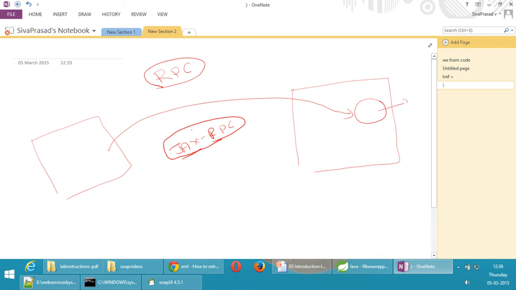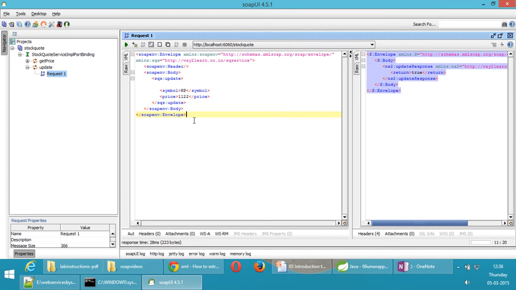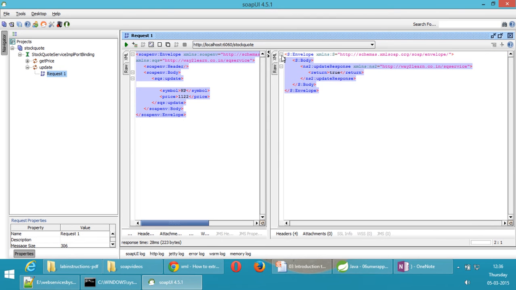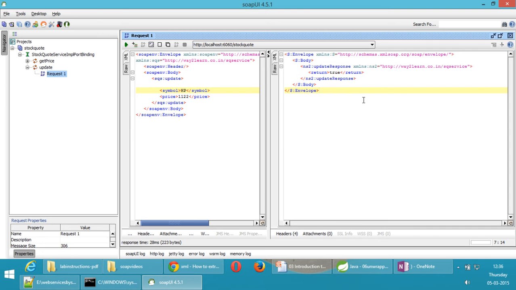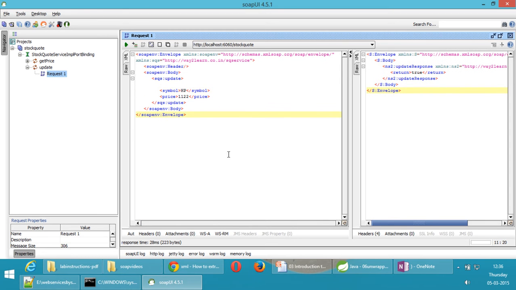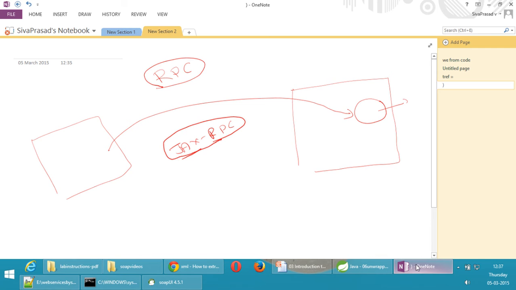We should see web services as document exchange, or as a messaging mechanism. The client is sending an XML message, and he is receiving an XML message. The client and server will be exchanging XML documents. So they realized that we should see web services as document exchange.